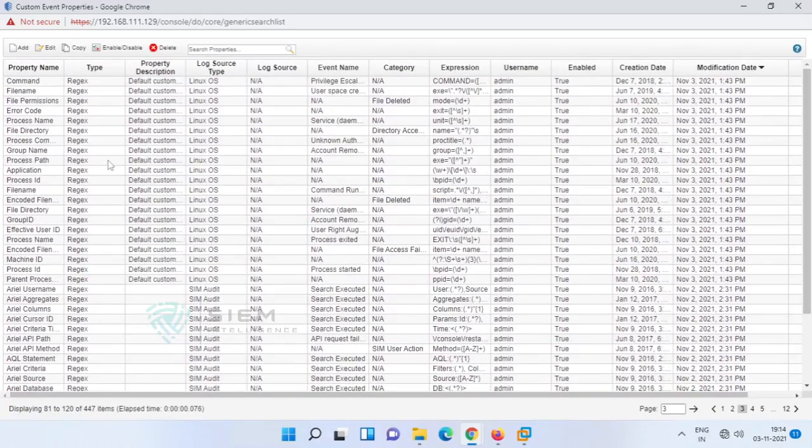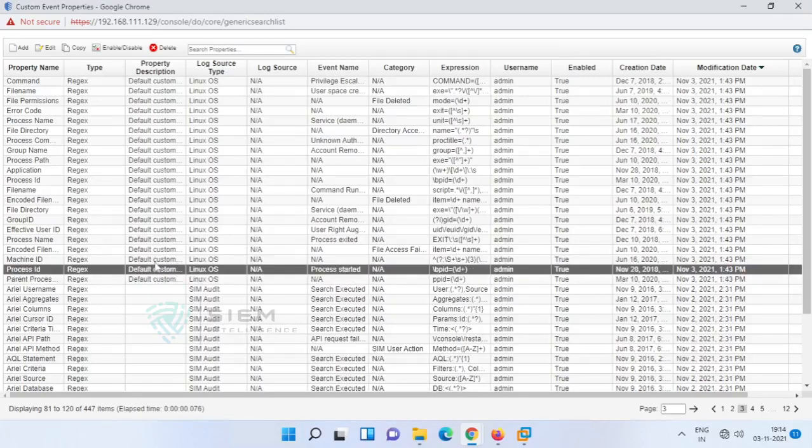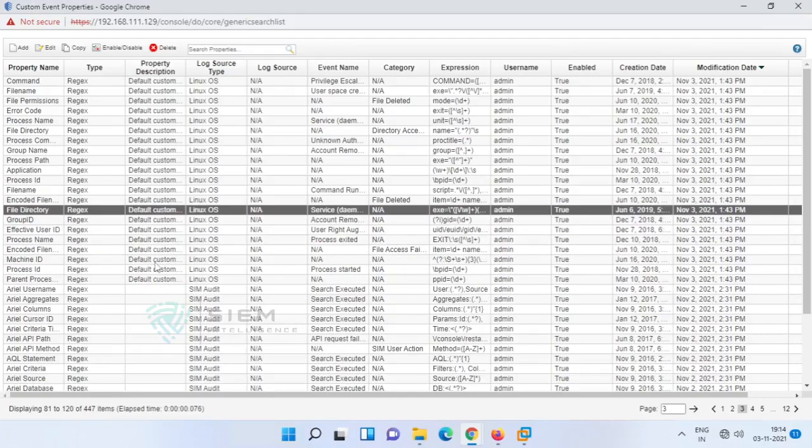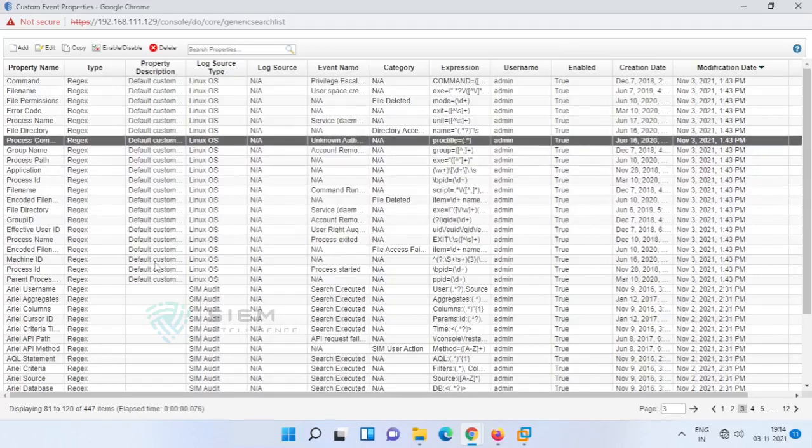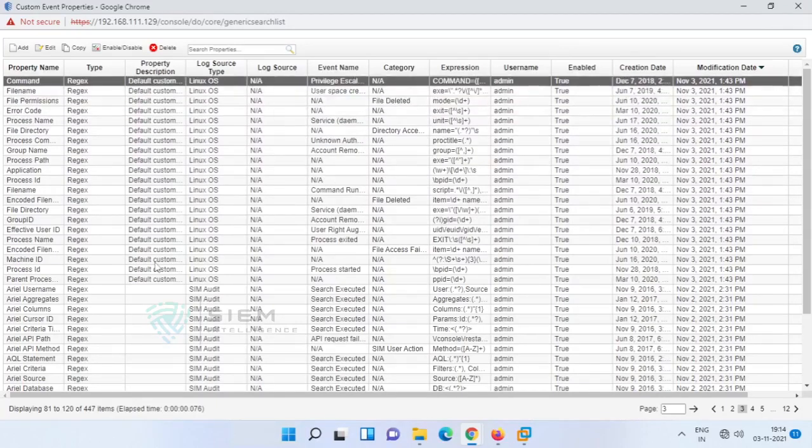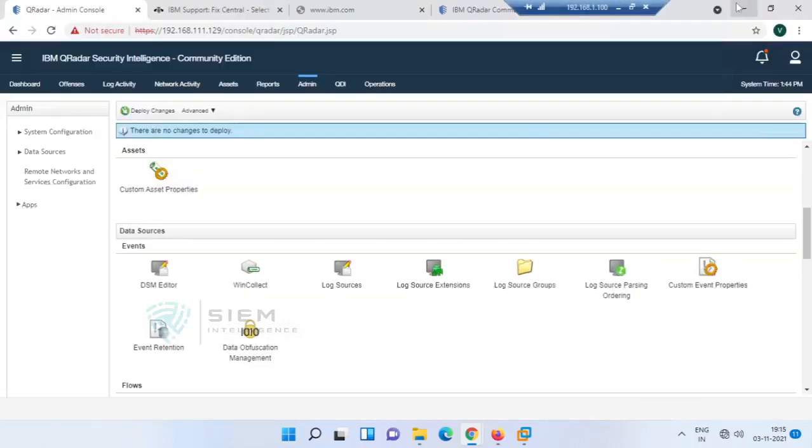If you count this, there are a total of 21. Okay, 21 plus 40 is 61, plus 40 is 101. We have imported 101 regular expressions.